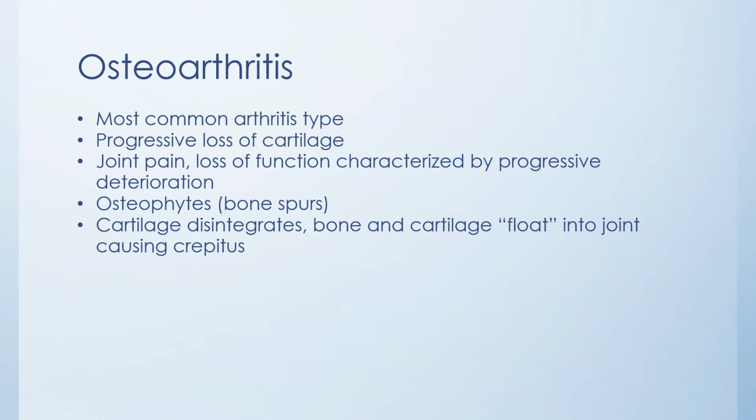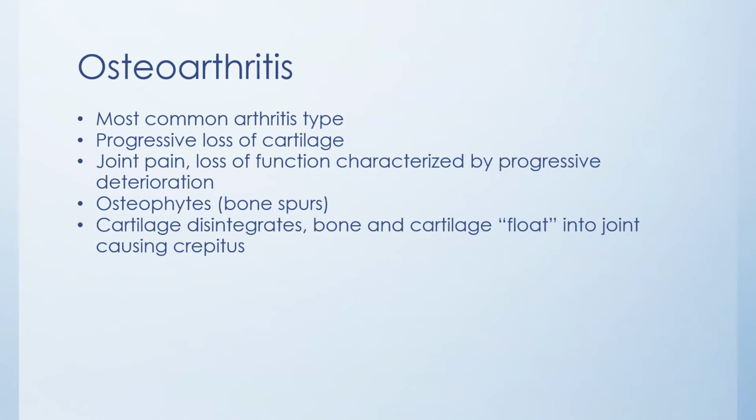But now we're going to focus on osteoarthritis. So this is the most common arthritis type. It is a progressive loss of cartilage. With that progressive loss of cartilage, there is joint pain, loss of function, and it is a progressive disease. So what happens is this destruction, it's being destroyed faster than it can rebuild. So this joint